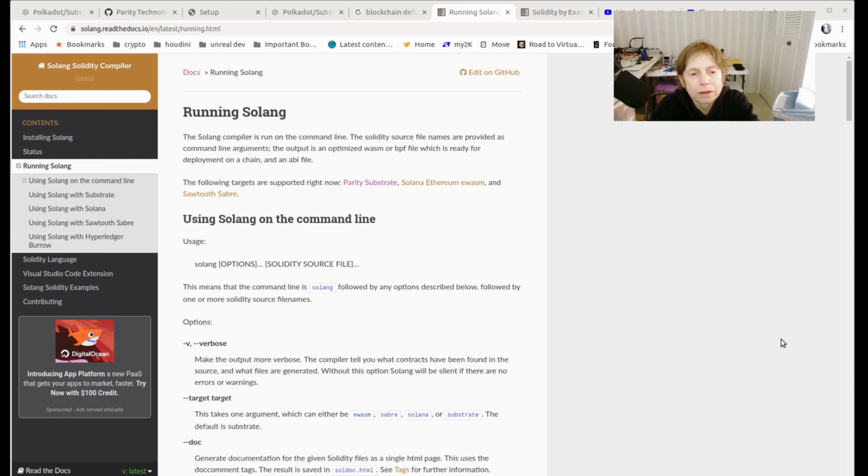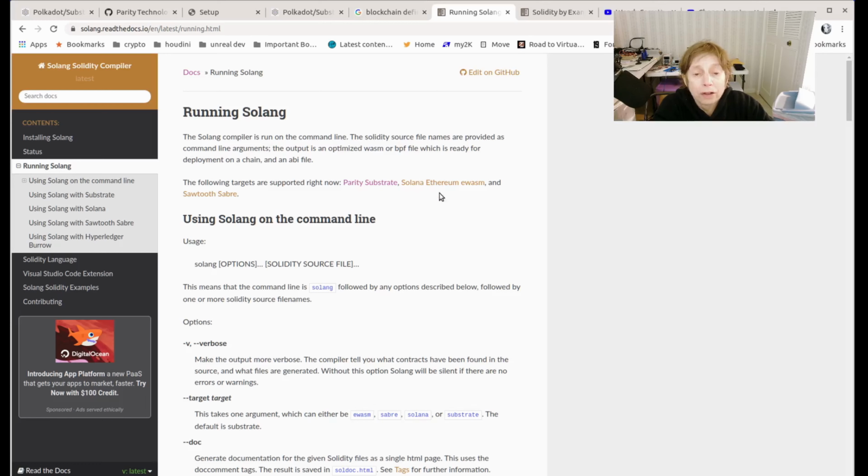And what makes it very interesting, if you look at this, is that you can take a Solidity source file and it creates a WASM or BPF file that can deploy on a substrate chain or an Ethereum chain. So where it's going to be really useful is people who've done a lot of Ethereum-based contracts in Solidity,